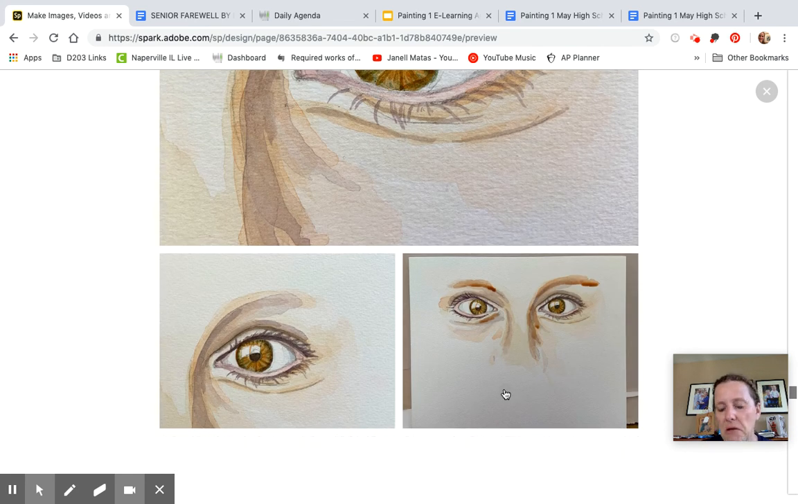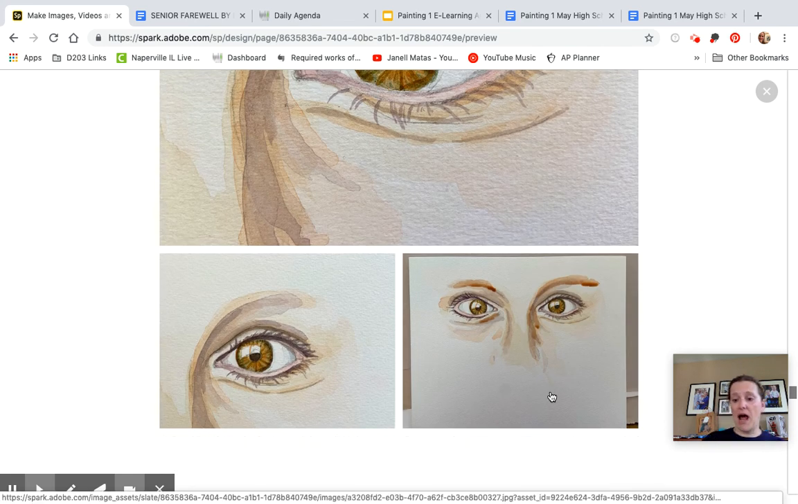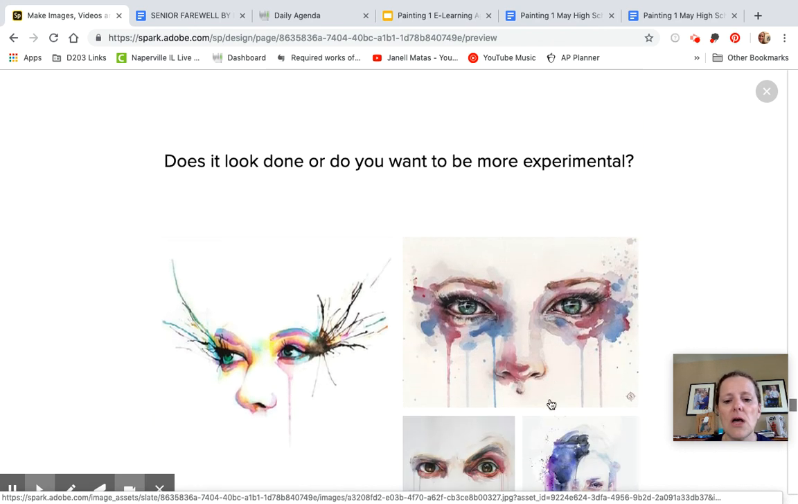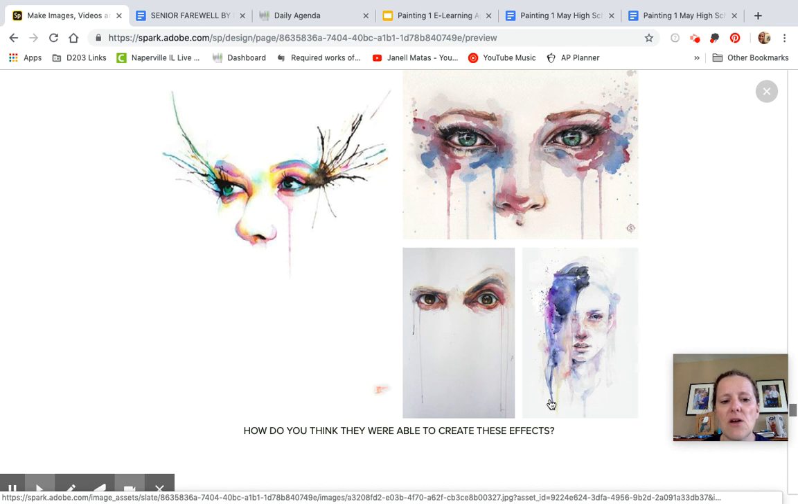So you might say, that looks good. That's done. I'm not going to mess with it. If that's the case, feel free. But if you want to be a little bit more experimental, like some of this artwork by these artists, then you're going to have to look around your house and figure out what you can do to make it more experimental. So think about how they made these effects,